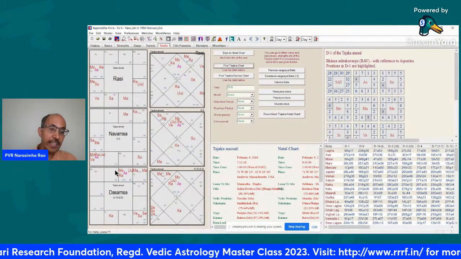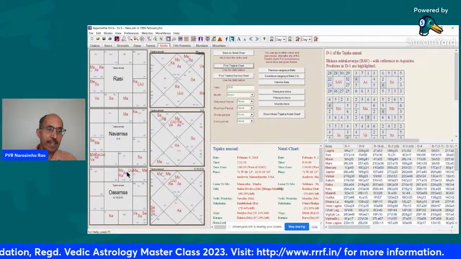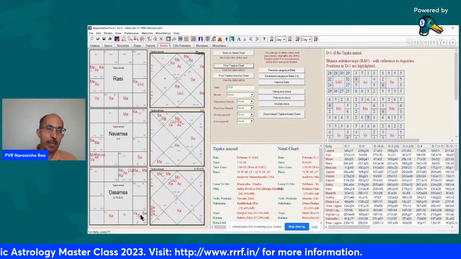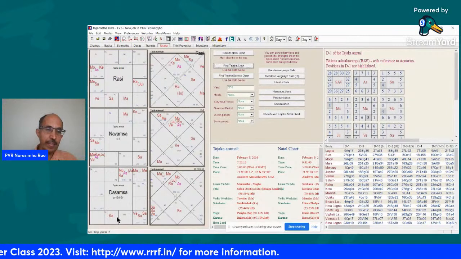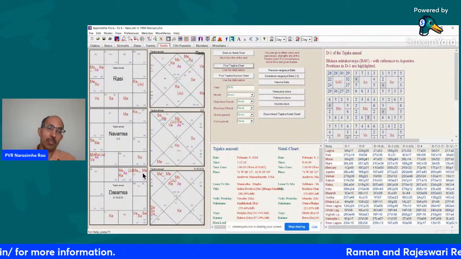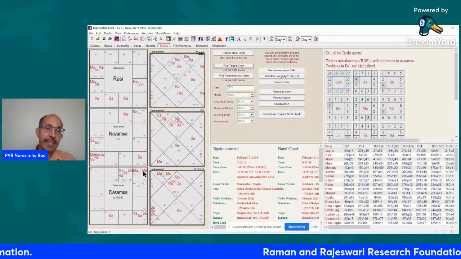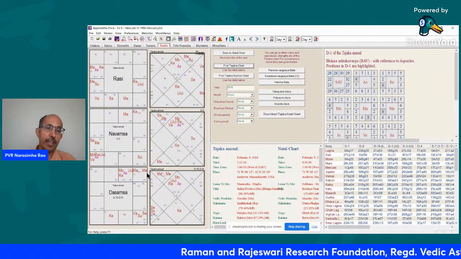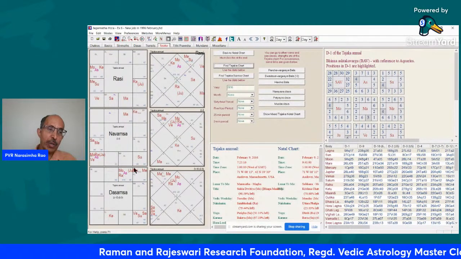But let us look at the Dashamsha. In the Dashamsha chart, the fifth lord of promotion, Mercury, and Mars, the seventh lord, are together in the second house, and Mercury is in its own house. So the fifth lord is in its own house, very strong. He has a Raj Yoga with the seventh lord. So that is one thing. The other is there is a Gajakesari Yoga in the Lagna.